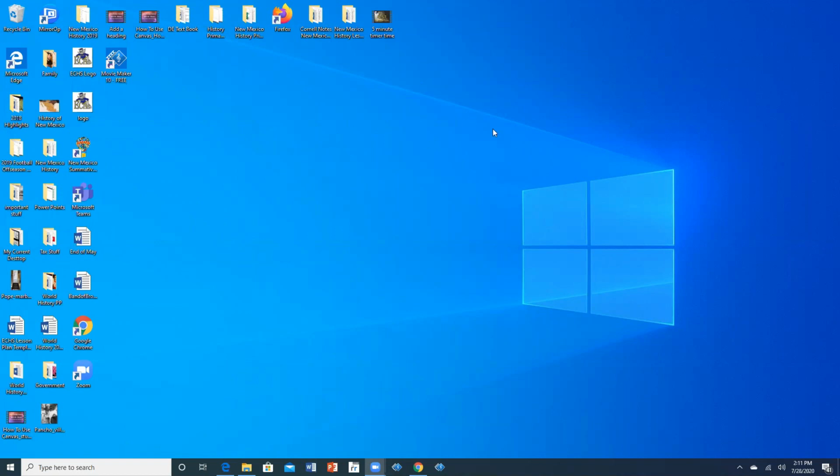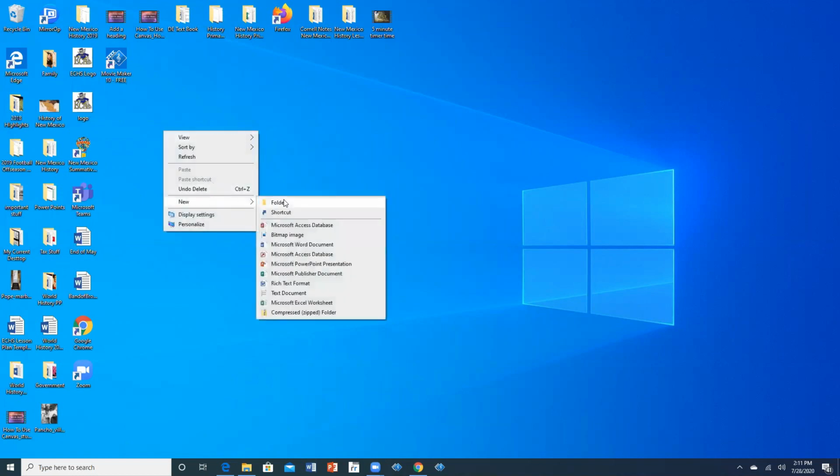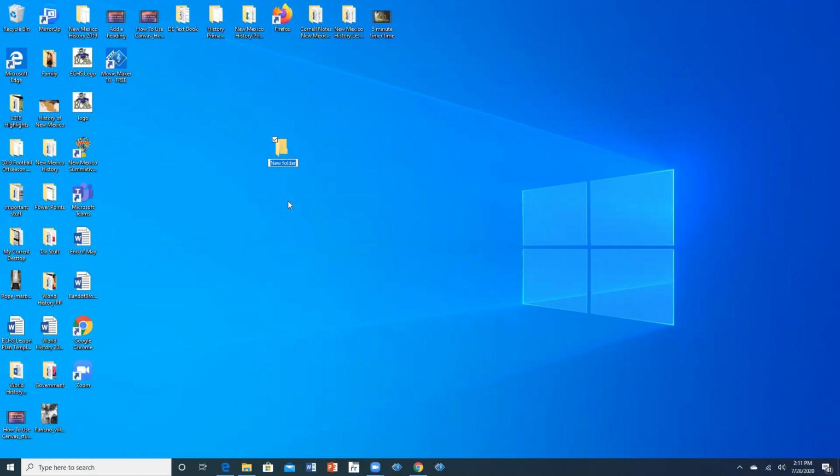So you're going to go to your desktop. You're going to go ahead and right-click, go to New, go to Folder, and then you're going to go ahead and name that folder. So since I'm teaching New Mexico history, I'm going to go ahead and call it New Mexico History Digital Notebook. So this folder is where you're going to go ahead and save all your documents. So all your assignments that you do using Microsoft Word, PowerPoint, Excel, again, you're going to save them in this